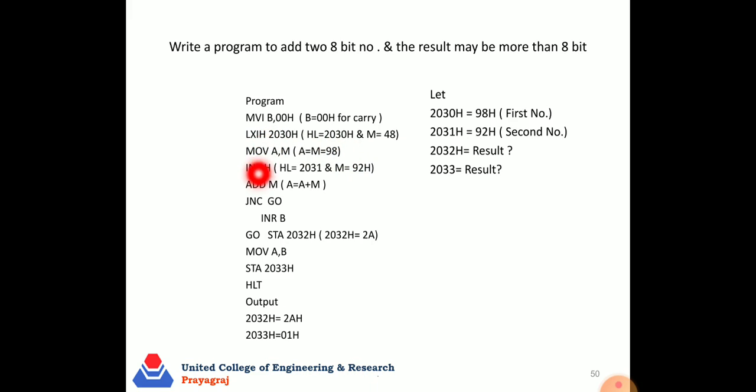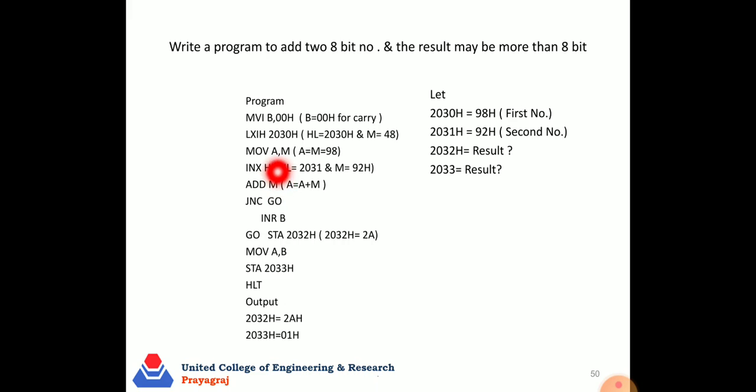Now MOV A, M. Whatever the content of M is copied to A. It is similar to the previous program which we discussed in lecture number 4.